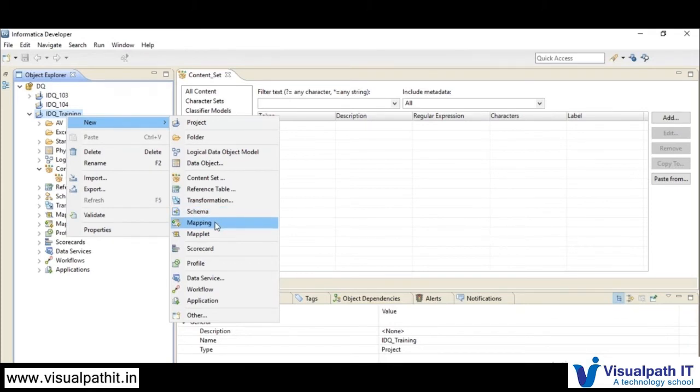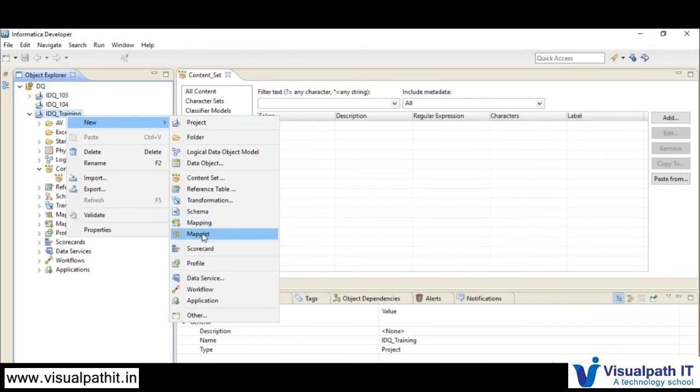This mapping is a component which will be used for integration. Whenever you are loading source data to target, you can apply any logic in between source and target. While you are integrating your data, this mapping will be used to integrate the data from source to target. Like how you have it in PowerCenter, the same way this will work. There is no difference at all. So we will have this mapping for integration of your data.